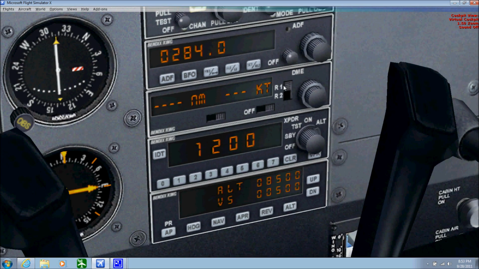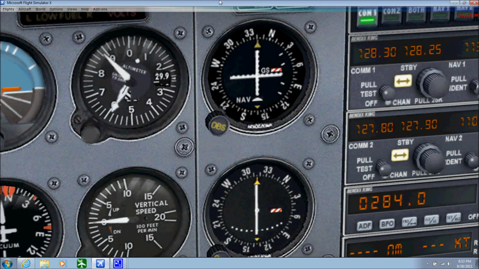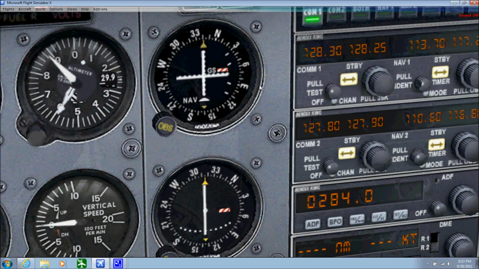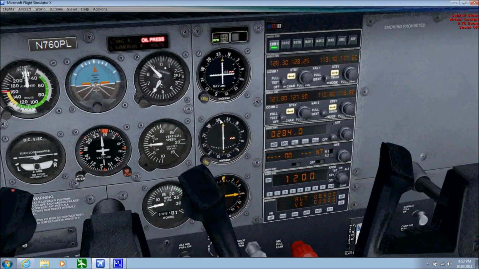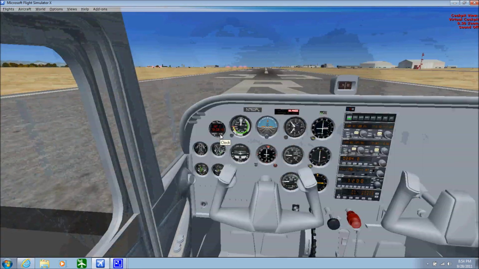Squawking VFR, we are visual flight rules. And I'm going to switch my DME, which is distance measuring equipment, to radio number 2, because the first radio right here, our primary, is going to be down for the GPS, so we'll be able to use the second one down here though. So let's get flying. Let's do lights,